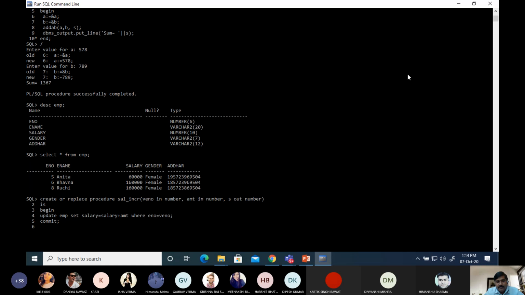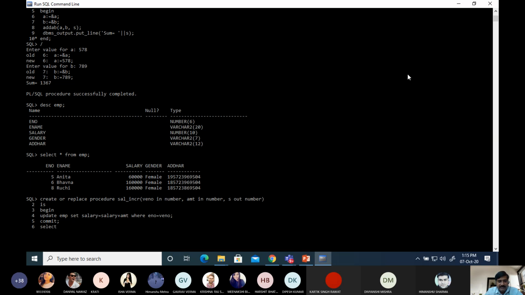Now we want to store the updated salary, which is updated by the amount which we pass through the procedure, into the S parameter. So what is the syntax for that?